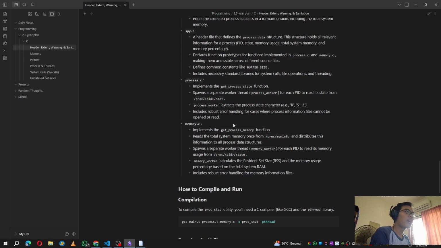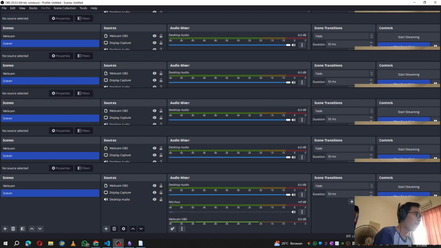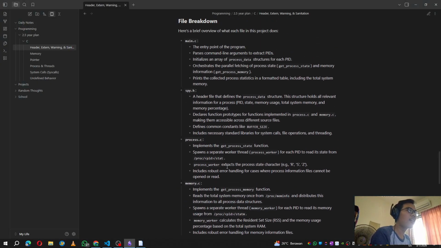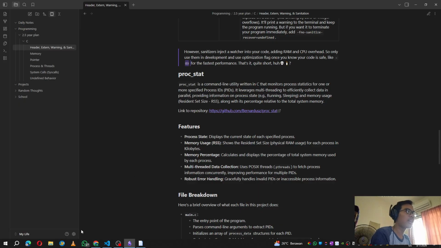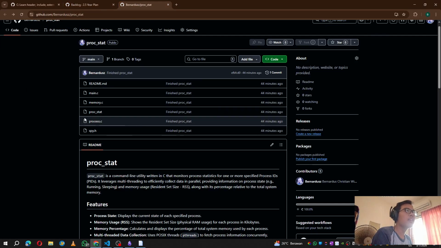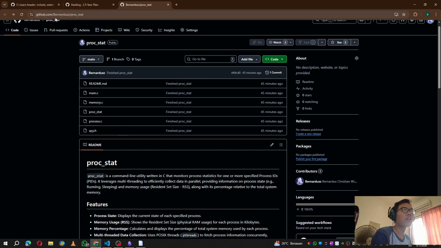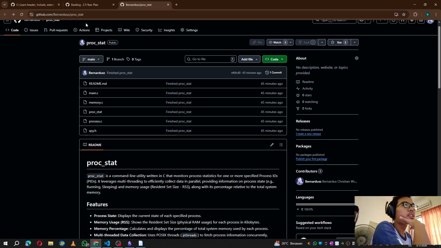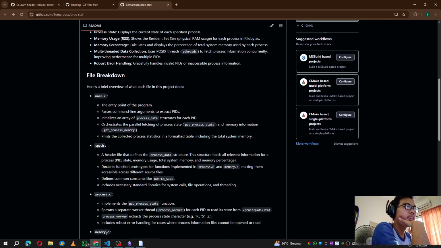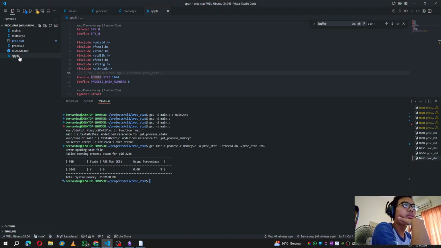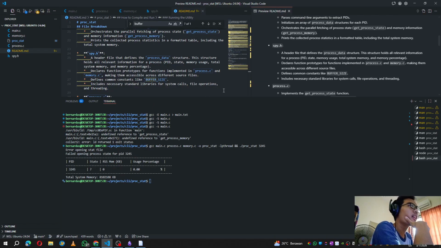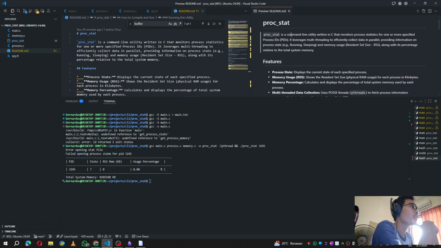So now, for the rest of my time here, I will talk about the CLI that I created. I have opened it right here. Yes, you can see it under github.com/bernardus/proc_stuff. So let's get into VS Code already. Open the readme file. So procstat is a CLI utility written in C that monitors process statistics for one or more specified